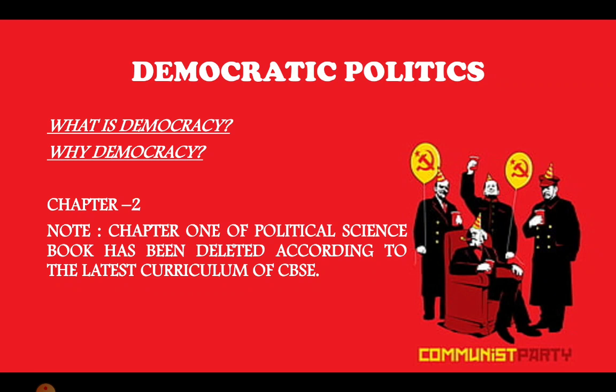So here we are going to understand the basic idea about what we mean by democracy, why we require democracy, and why we do not prefer any other type of government rather than democracy, and why India is a democratic country, and what privileges we get from democracies. That we are going to discuss over here. We'll also discuss the cases of countries where there is no democracy and how the people suffer.